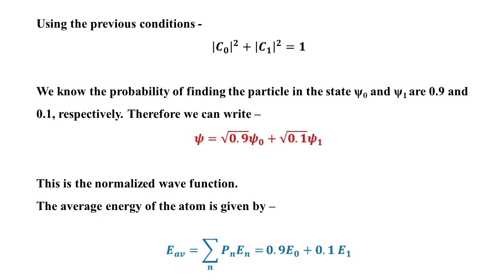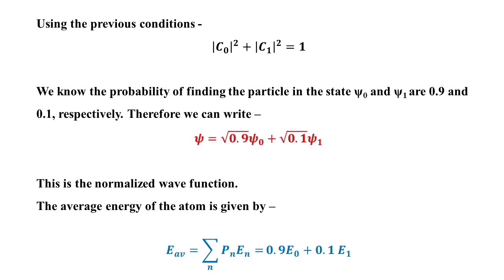So this is the normalized wave function of the state. And we know the average energy of the atom can be written as E average equals the sum over n of Pn En. Pn is the probability of that particular state and En is the corresponding energy eigenvalue of that state. We know that